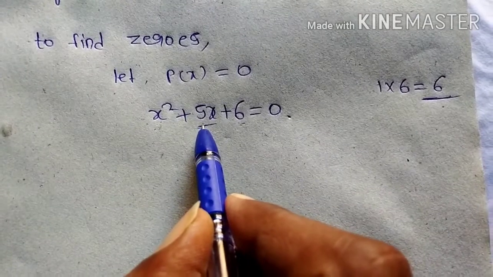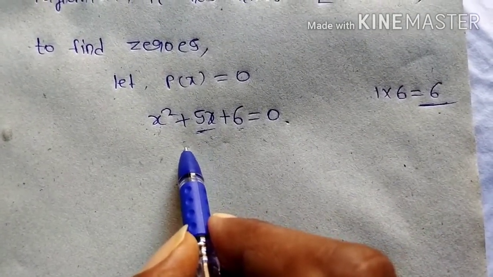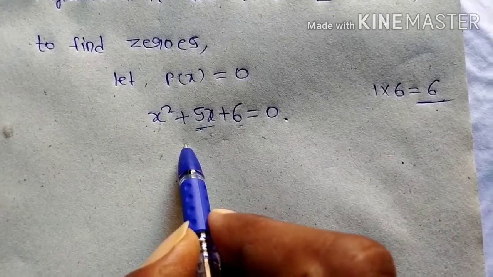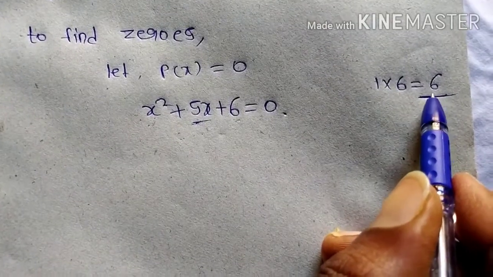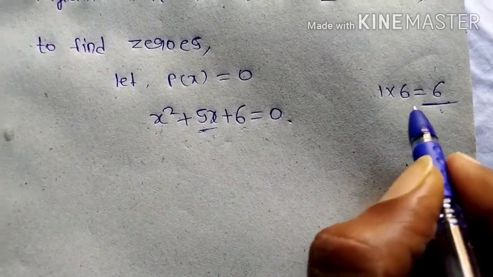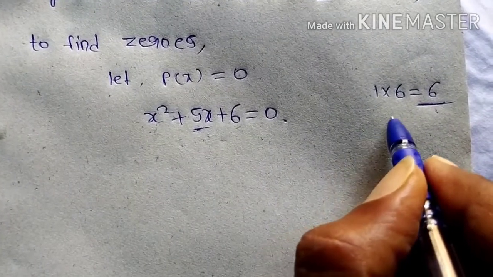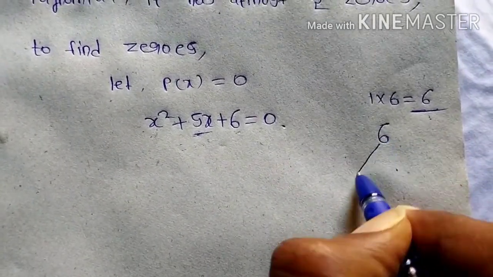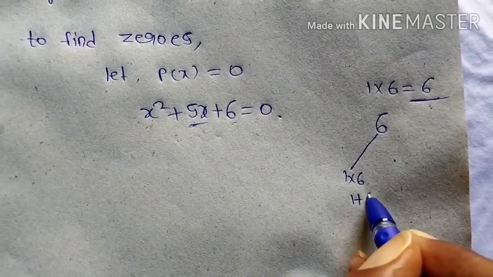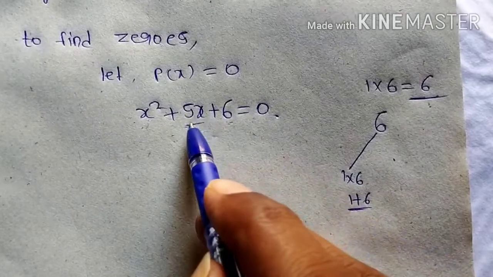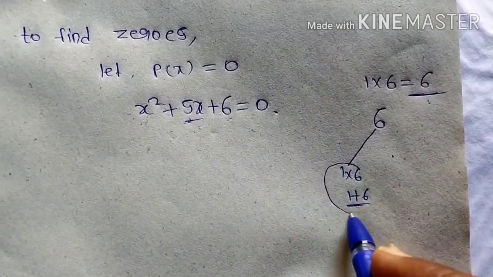5x. You know that 5 can be written as 1 plus 4, 0 plus 5, 3 plus 3, 6 minus 1, like that. Yes or no? But you have to follow using the factors of 6 only. Now you can say, what are the factors of 6? If I am taking 6 factors, you can write here 1 into 6. Yes or no? But if you are taking 1 plus 6, how much? 7. Are you getting plus 5? Not possible.